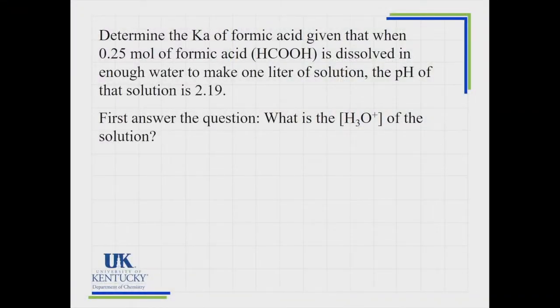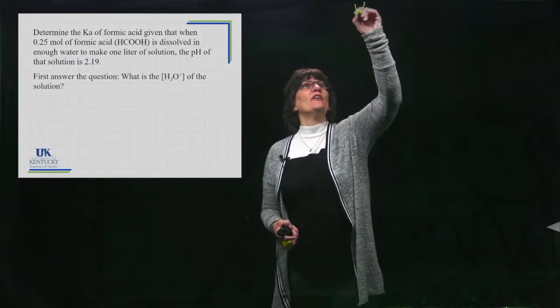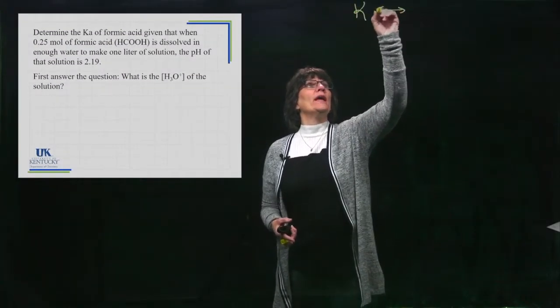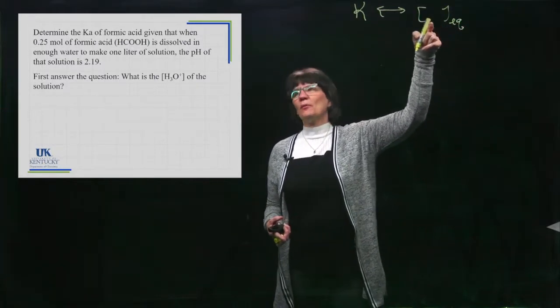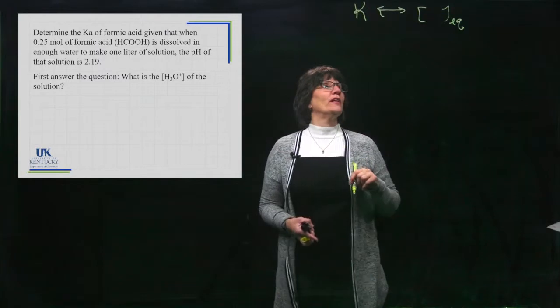Okay, so here's our next problem. We're just going to work several different ones. In this one, we're going to determine the Ka. Now, in the previous problem, we were given Ka, and we needed to get to the concentration at equilibrium to get the pH. So a reminder of 2 big common things that we can do with equilibria. If we know the K, we can get to the equilibrium concentration. If we know the equilibrium concentration, we can go to K.